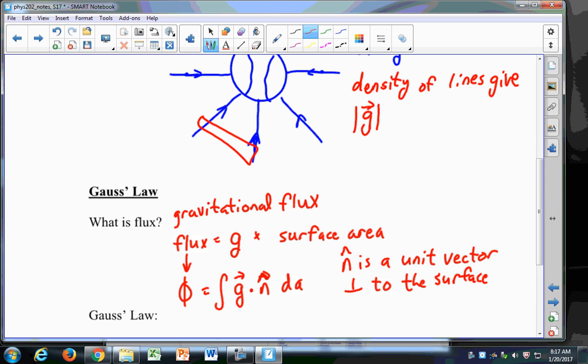All right? So imagine that I have a gravitational field that goes from your left to your right. I have all these field lines that are traveling from left to right. They're parallel to one another, and they're going in this direction. And this is my surface. They're traveling through this surface. So if they travel through this surface like this, my value for G dot N would be equal to G, because